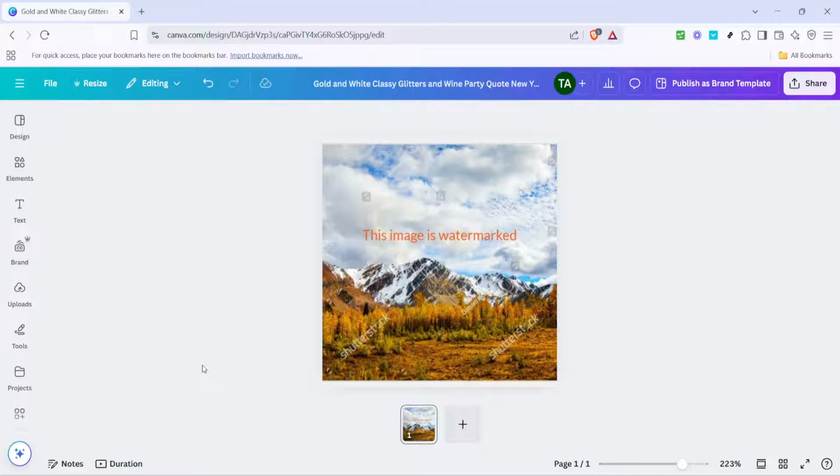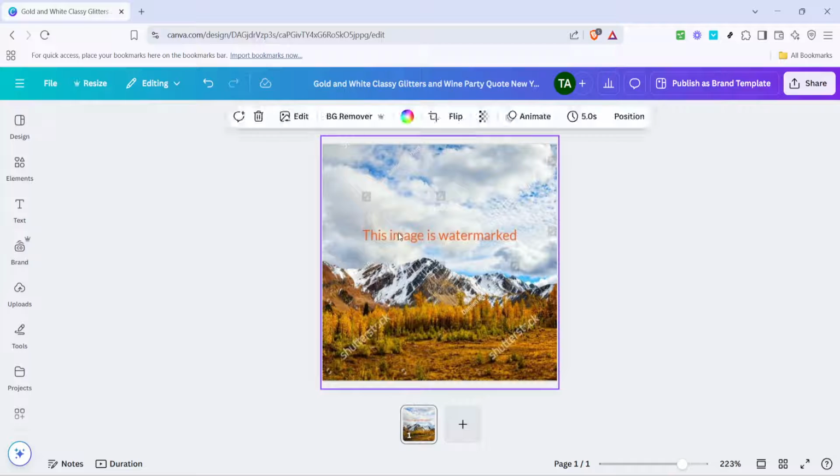First off, ensure you're logged into your Canva account, and please note that using the Magic Eraser tool requires a Canva Pro subscription. Now, with your desired project open, you'll begin by selecting the image you want to edit. Simply click on the image and it will become highlighted in your workspace, indicating it's ready for you to make